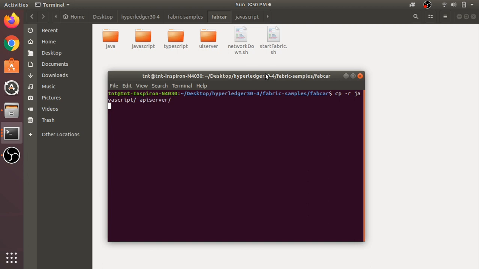So we can just run it. All the files from the JavaScript folder are copied, including the files inside node_modules, so we don't need to install all the packages or dependencies once more in API server. It takes a few minutes to copy.